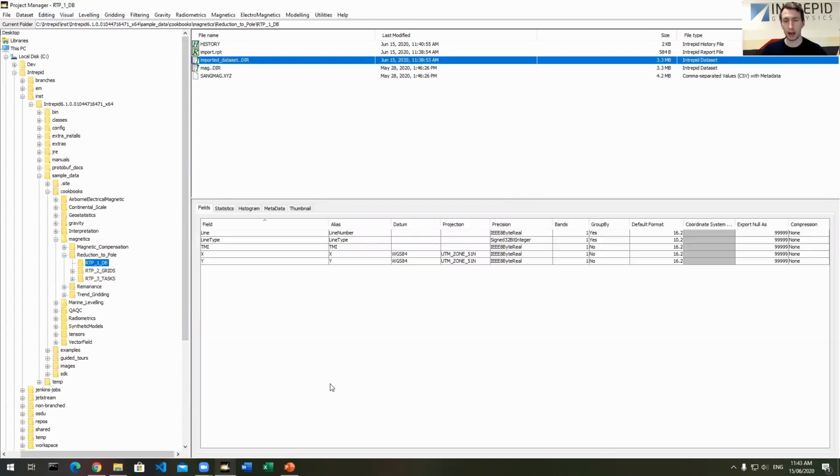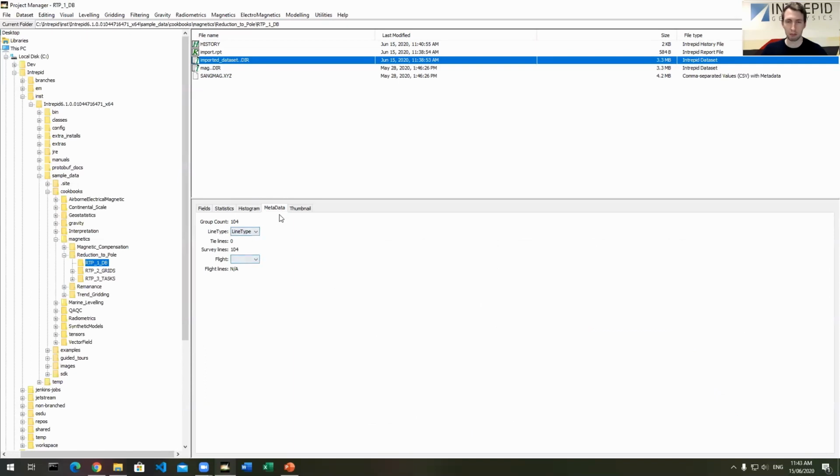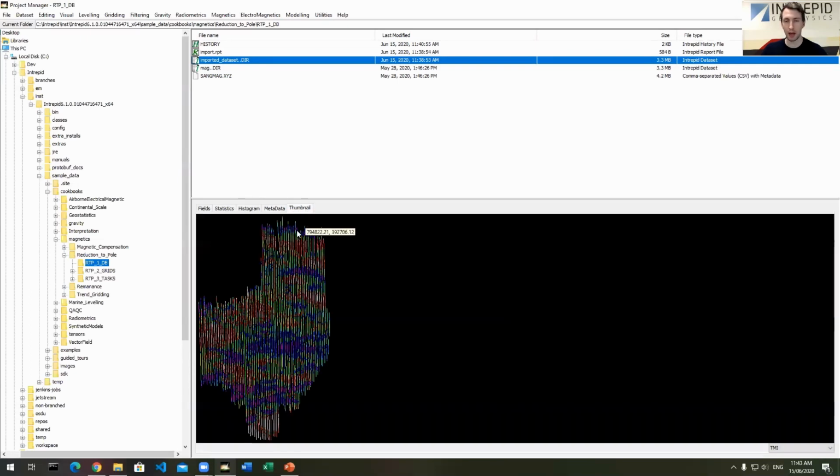But this is a good way to just very briefly check on your data, see that it makes sense, nothing weird's happened. Yeah, some metadata and the thumbnail as well, which will just give you a very brief